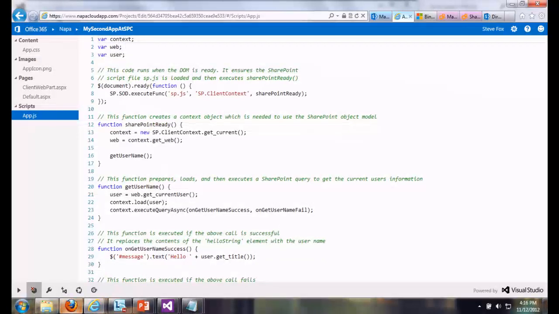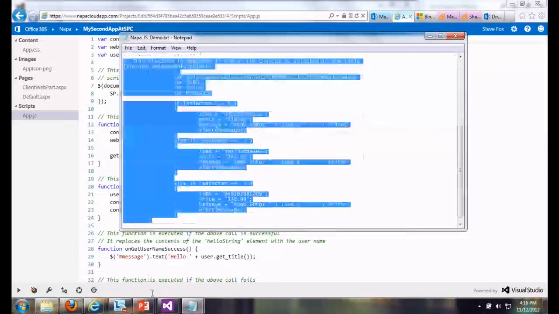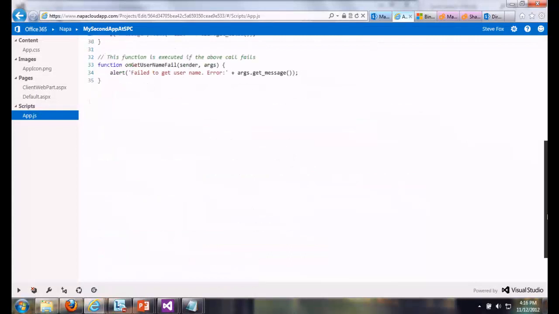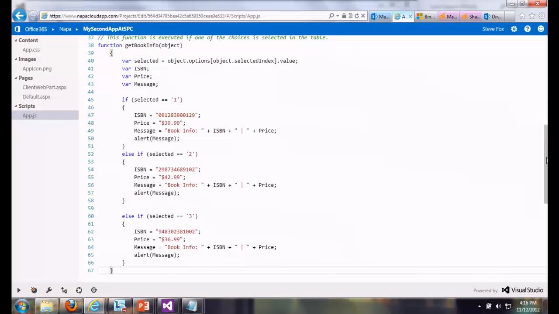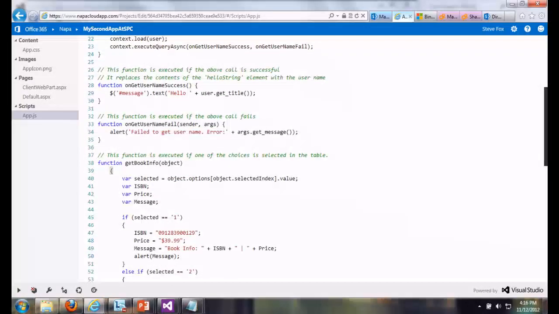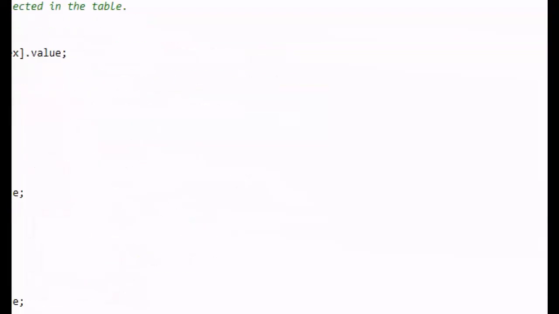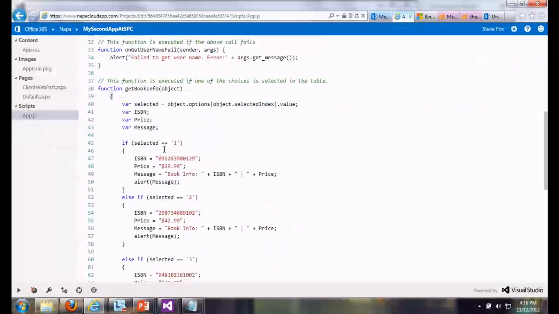And so here, if I go back to my JS, I'm going to grab a function here. Go ahead. Put it at the bottom of my app.js file. Okay? And then you can see it's got nice coloring on the actual code. It doesn't have IntelliSense, but at least you've got some use. Very simple code, right? GetBookInfo is the function I'm calling. And if you look at default.aspx, you can see getBookInfo is that function right there.